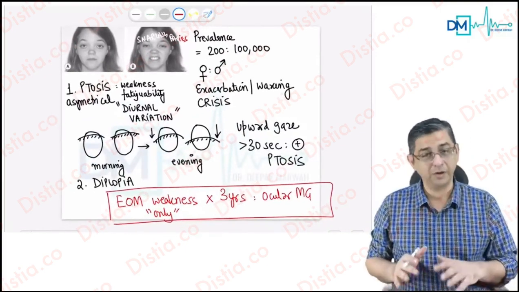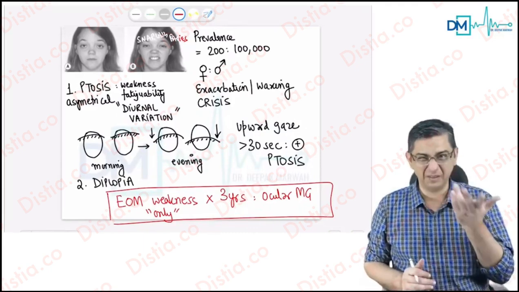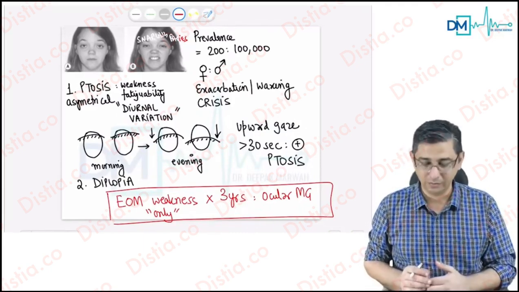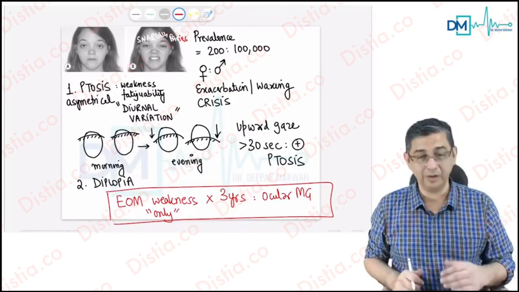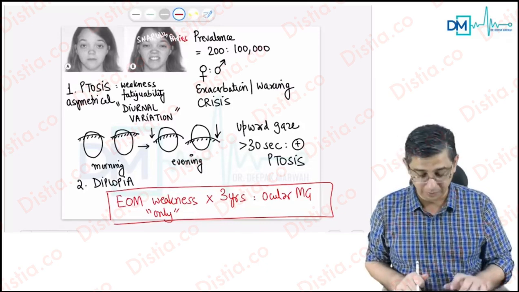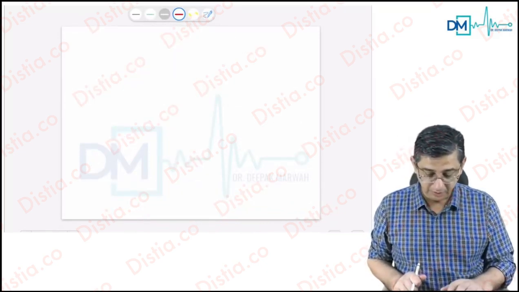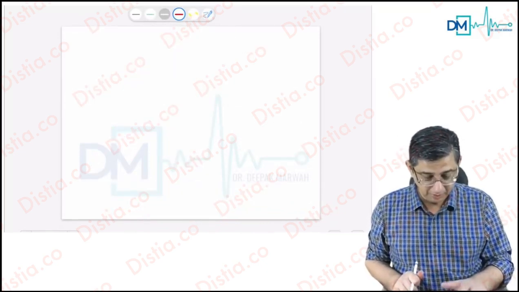Moving ahead, because this is not a very important diagnostic feature. I mean, if I am sitting like this, that does not mean I have myasthenia gravis. So I have just mentioned that snarling facies is a feature that you will notice over a period of time in the same patient. But the third feature that I say will be very characteristic for this patient